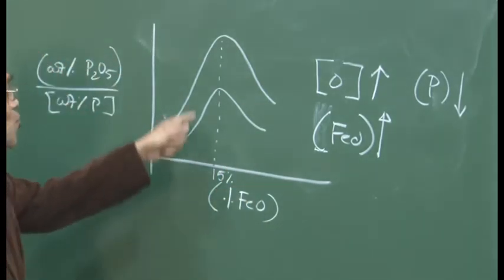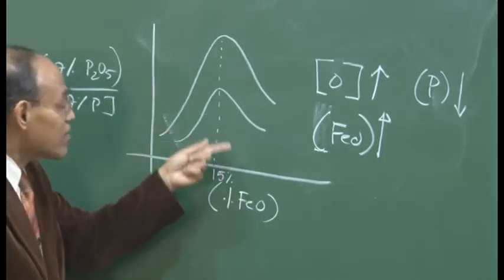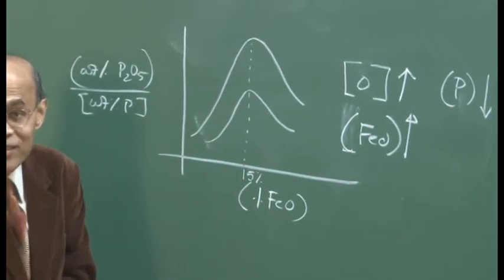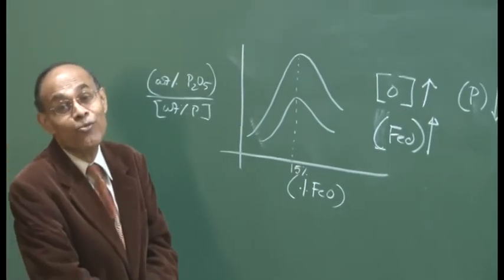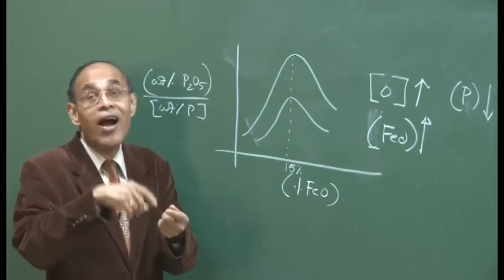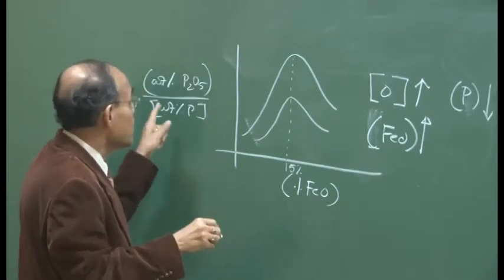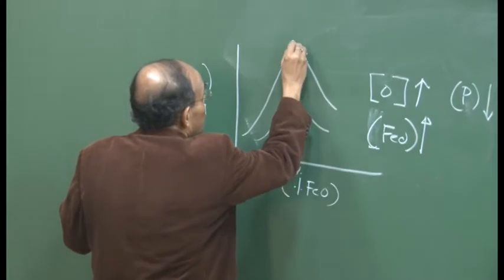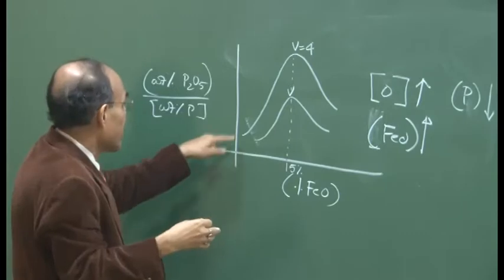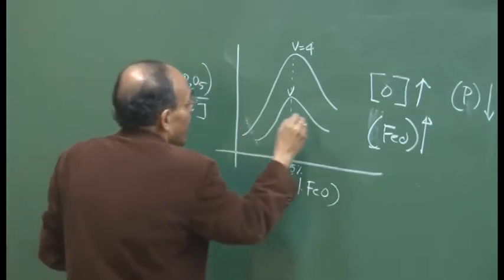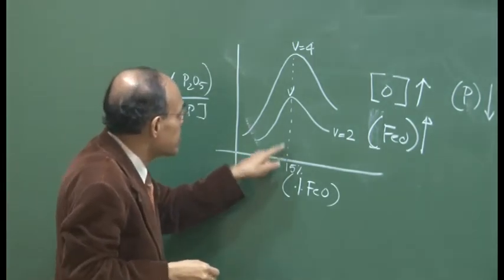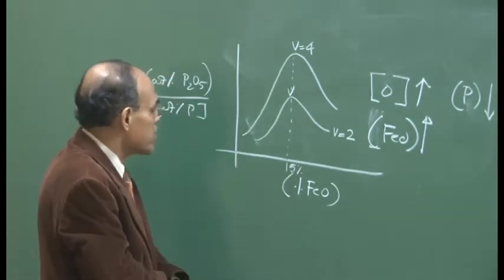Similarly, if I draw these two lines and tell you to label them as applicable to two different basicity values, one is 4 and the other is 2, how are you going to label it? Apply your fundamentals: the higher the basicity, the more the dephosphorization. So, this line must correspond to basicity 4 as I have indicated, and this must be basicity 2. These are schematic representations, not exact; I have not labeled the scale. But what it tells us is that after about 15%